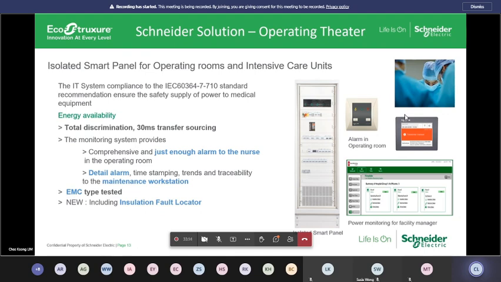Like I said, today I'm not here to share the nitty-gritty behind all the individual products, because in Schneider we have multiple products and it's going to take me a long time to cover all of this. Here we are just giving you a snapshot of where we are and how it is being digitized. When these panels are properly integrated to our power monitoring system, you can monitor the entire operating theater within a hospital, be it 10, 5, or maybe 30 to 40 operating theaters at any one time, to give you an overview of how they are being utilized, and most importantly, what their condition is.